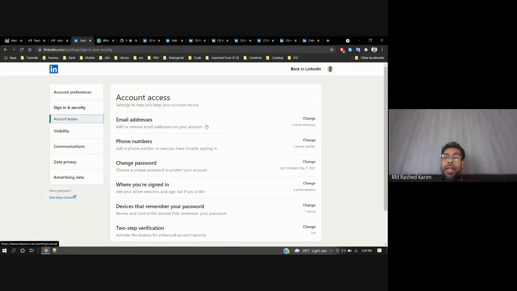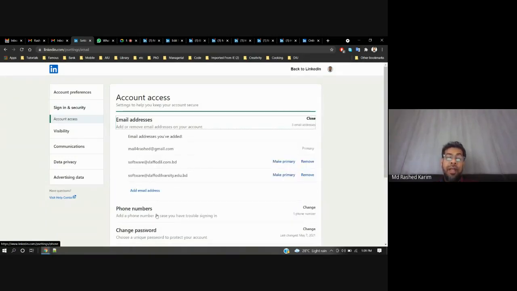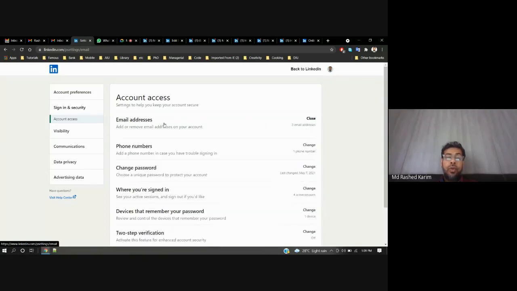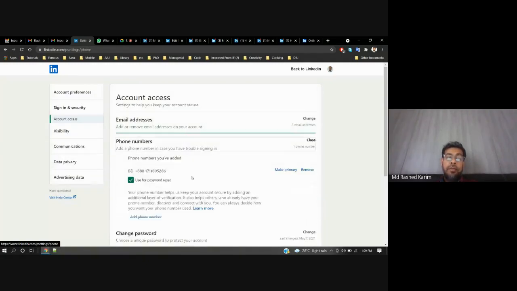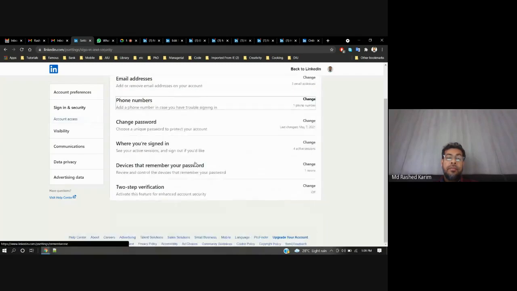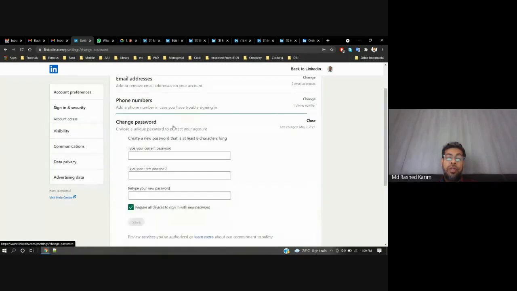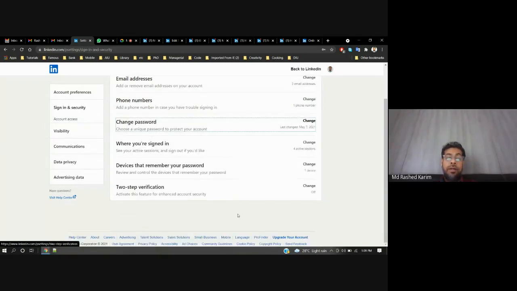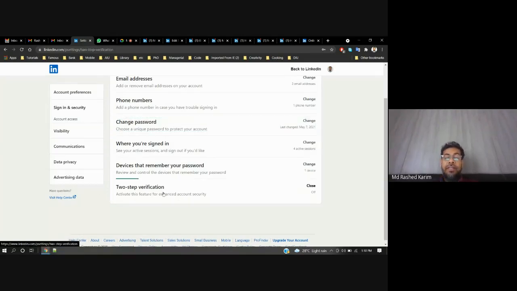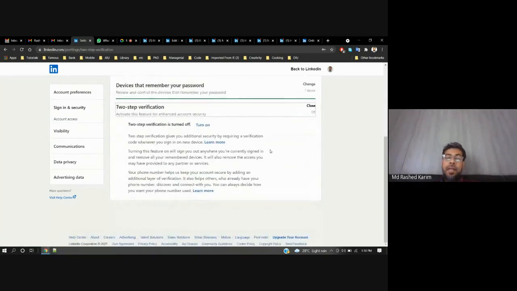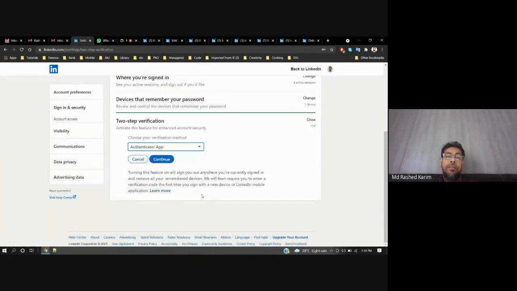If you want to change your email or phone number, you can do it here, and also the password. Another most important thing is two-step verification. It is off now, because if I turn it on there are some options.